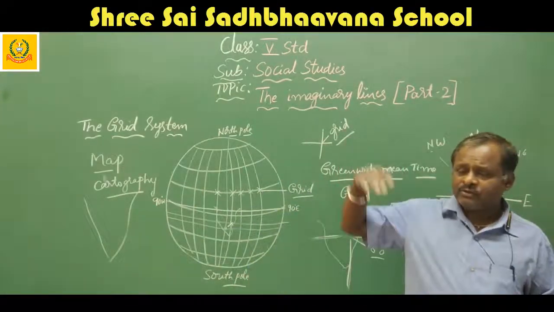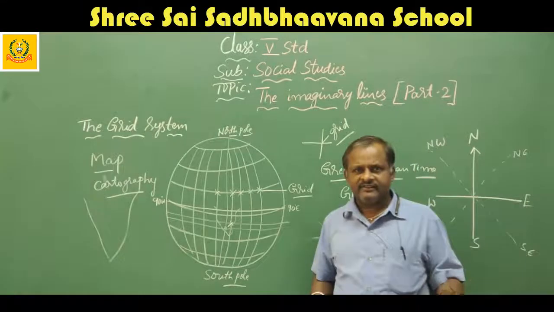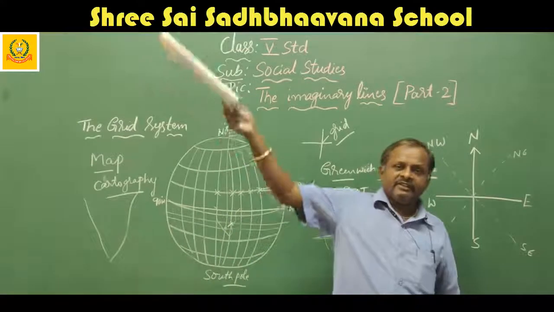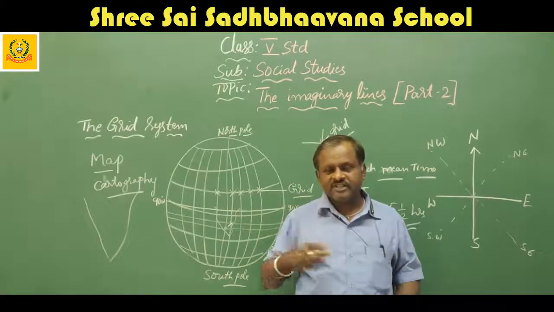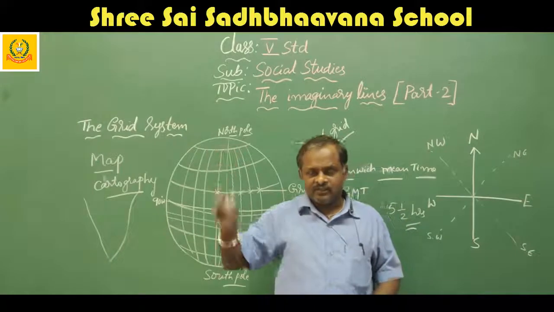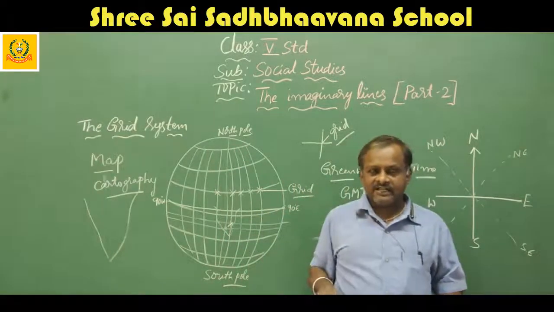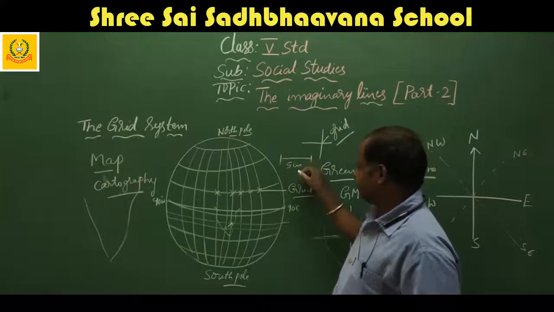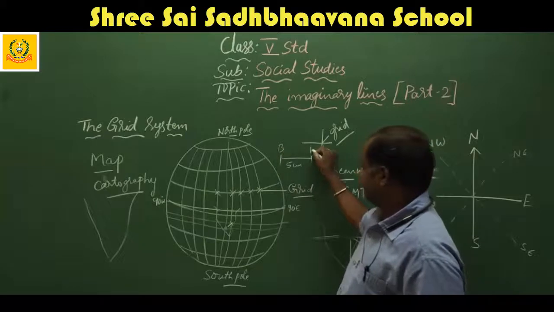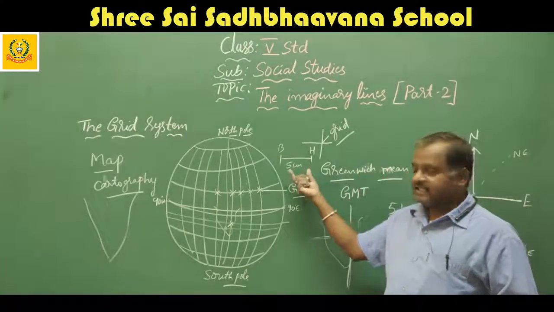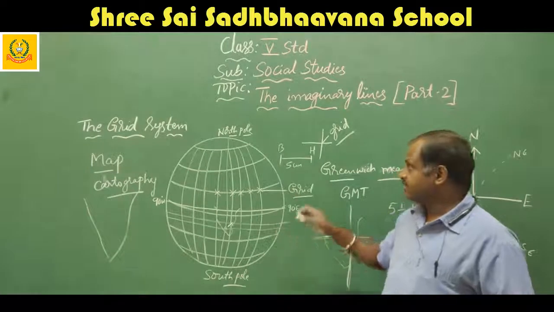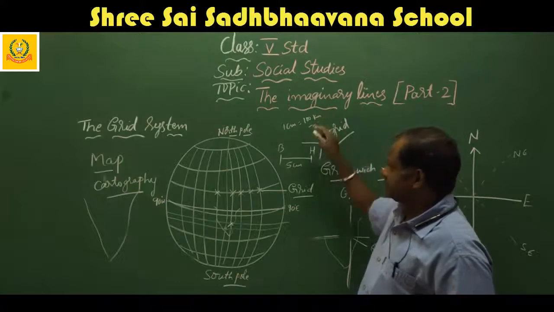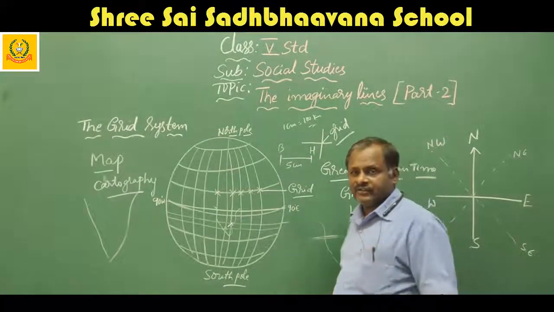For example, from Bangalore to Hyderabad, it is nearly 500, a little more than 500. So imagine it is 500 kilometers. It is not possible to draw a 500 kilometer line to locate that, so they use a 5 centimeter line from Bangalore to Hyderabad. Then how is this calculated? They take 1 centimeter is equal to 100 kilometers. Like that they fix the scale and draw on the map.